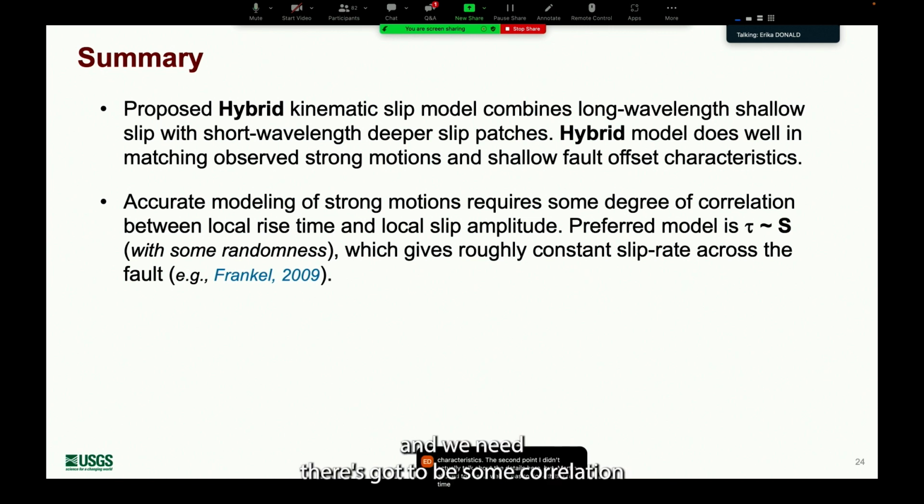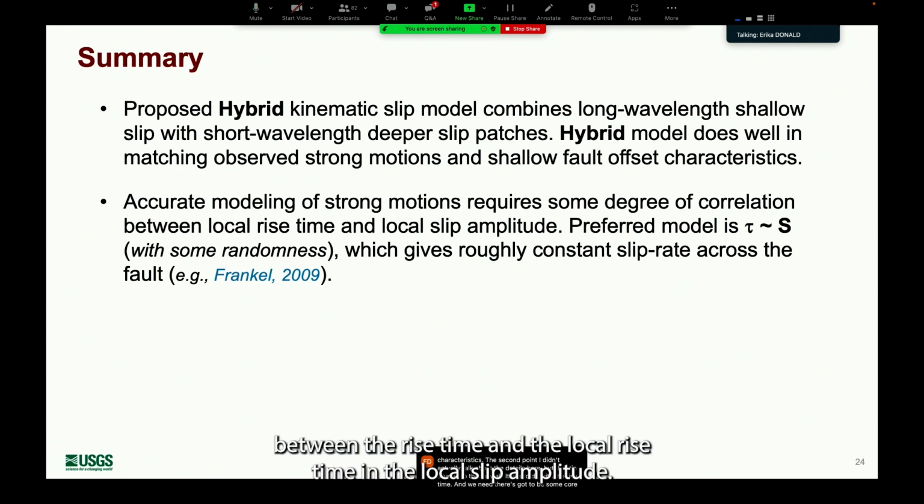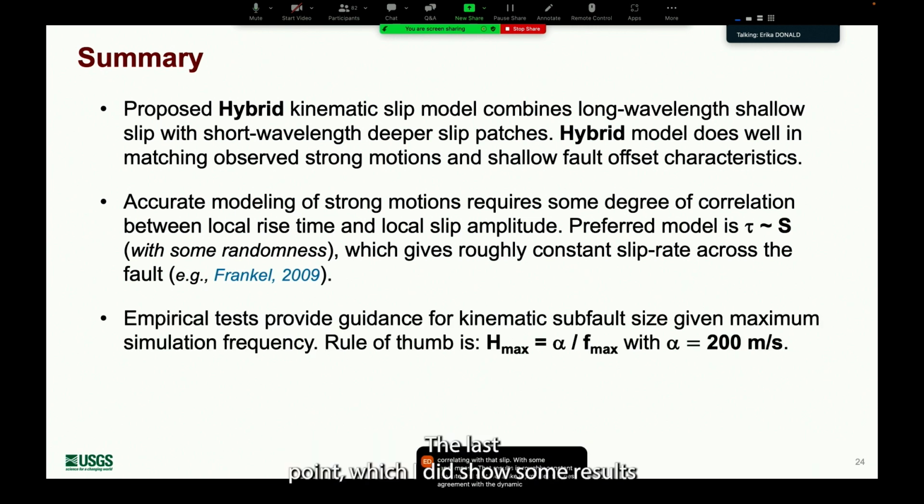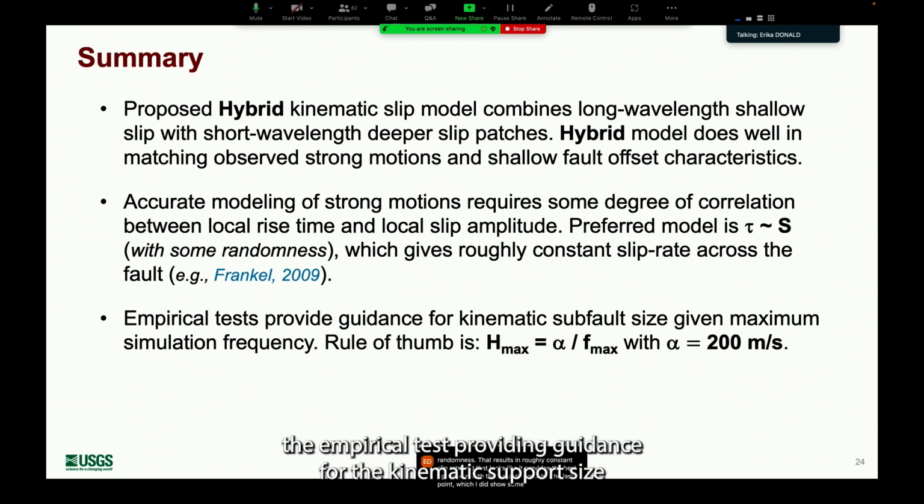There's got to be some correlation between the local rise time and the local slip amplitude. It looks like a model that has a rise time correlating with slip, with some randomness, results in roughly constant slip rate, and that looks like it provides the best agreement with the dynamic models. The last point, for which I did show some results, is the empirical test providing guidance for the kinematic subfault size, and this rule of thumb is that Hmax is proportional to 1 over Fmax with a constant of proportionality of 200